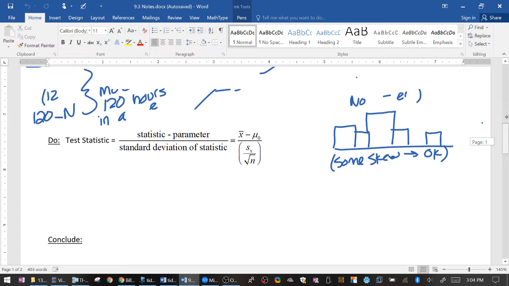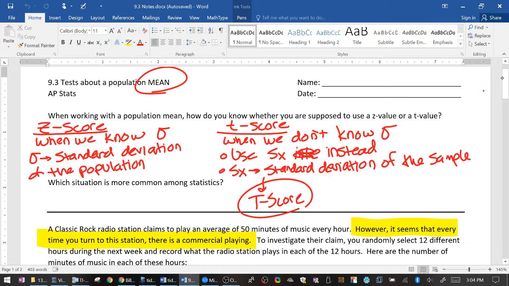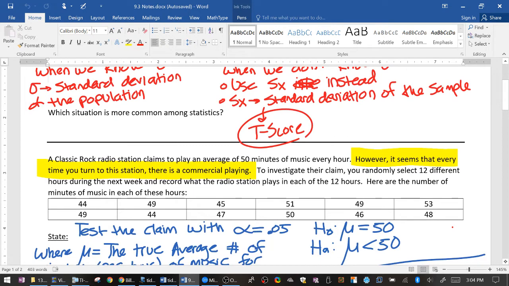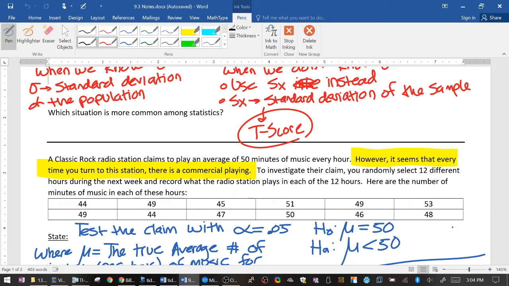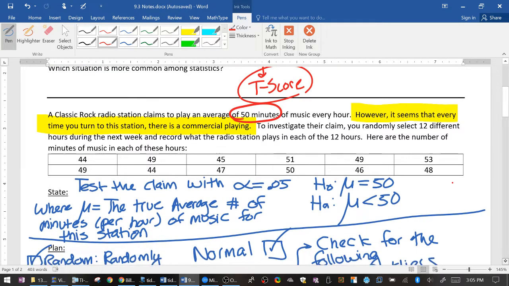Okay, so yesterday we were talking about 9.3 and we started doing notes that discussed how long this classic rock radio station was playing music, right? And we said that we suspected that it was under 50 minutes, right? They claimed to have 50, but every time we turned to the station, there's a commercial playing, so we thought it was going to be less than 50. So in our notes yesterday, we did